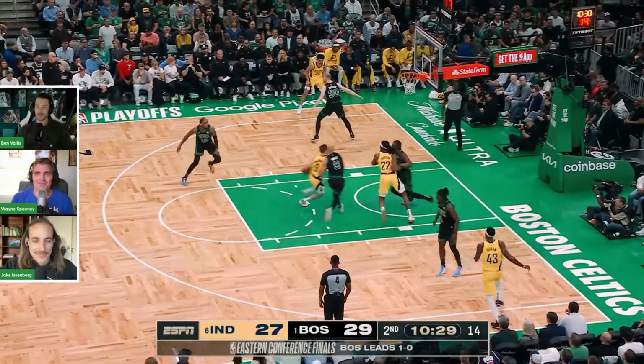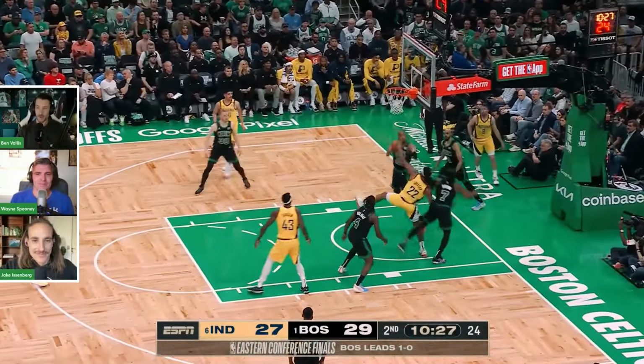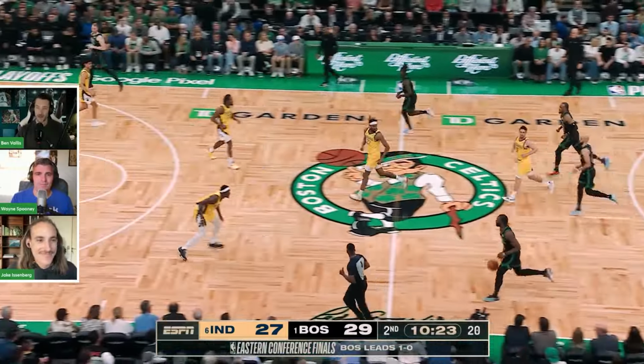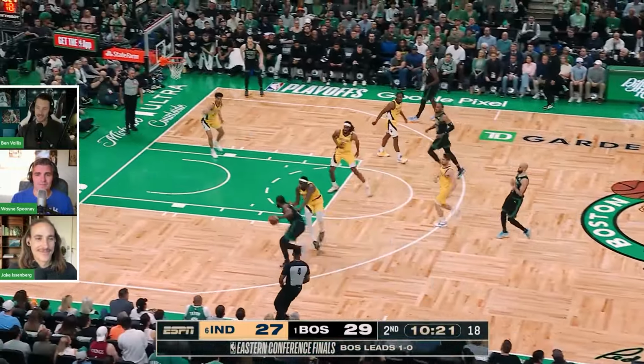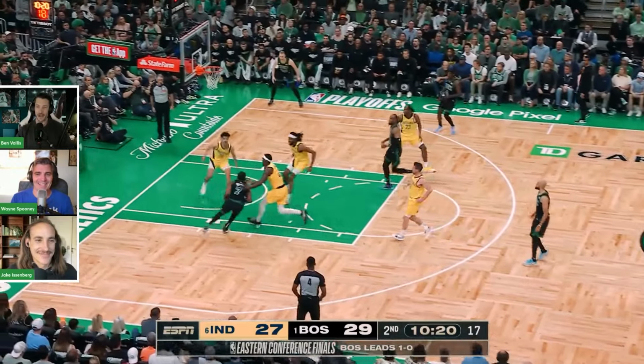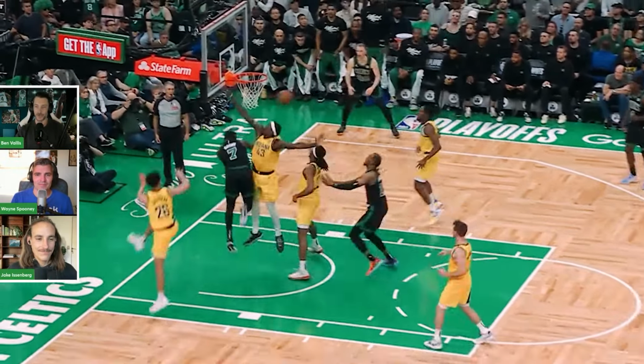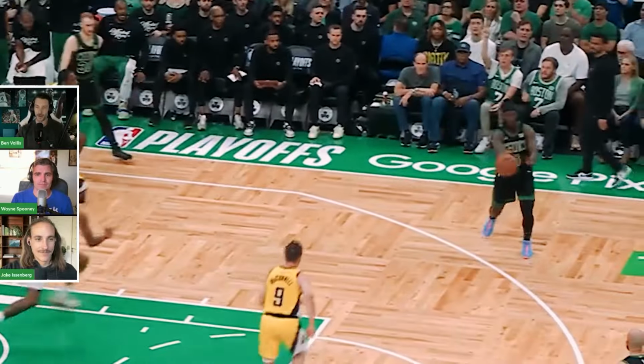Game 2, we love beautiful fast break style transition basketball. We also love beautiful ball movement as part of a healthy half-court offense. So why not combine the two? Jaylen Brown with a freaking nasty crossover here, then one power dribble and elevates to the rim, drawing the full attention of all five Pacer defenders. Hauser and Drew both giving up a good shot in order to find a great shot, and that's exactly what